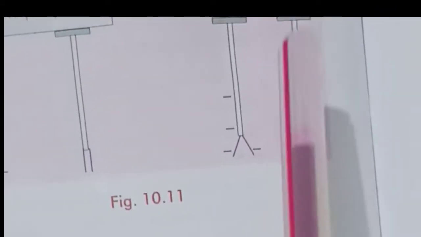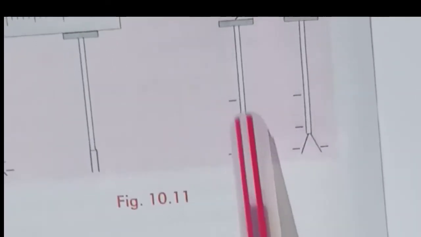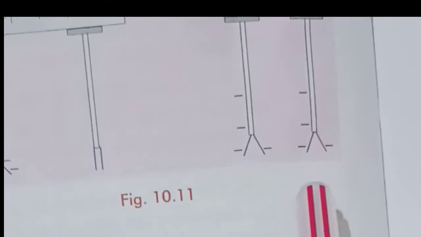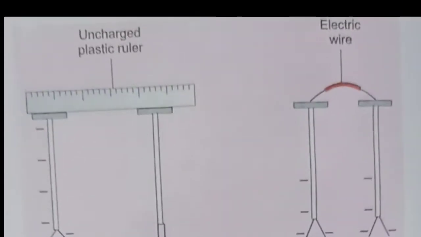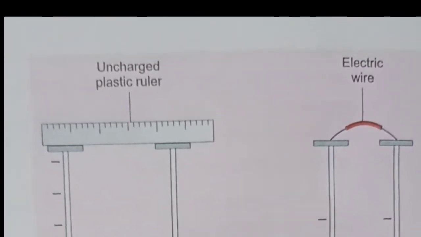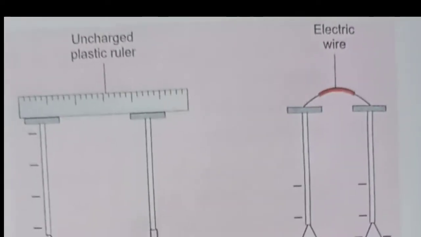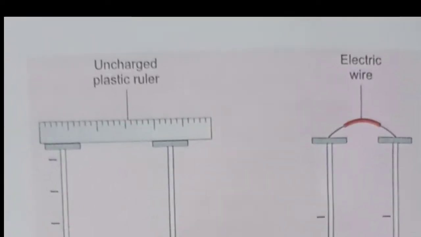So when we touch the disc of an electroscope, it gets discharged, because whatever charge is here gets transferred through our body into the ground. So if you have a charged electroscope and you want to discharge it, then you touch the disc, and the charge will flow from the disc into your body and then into the ground.